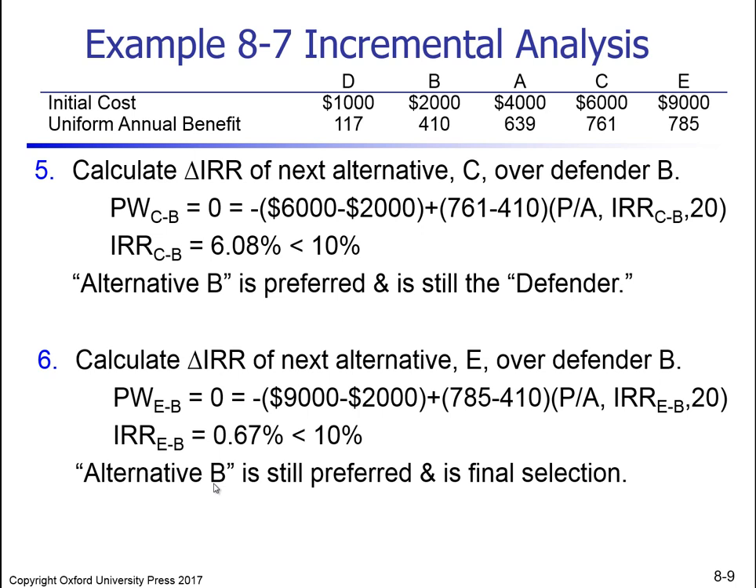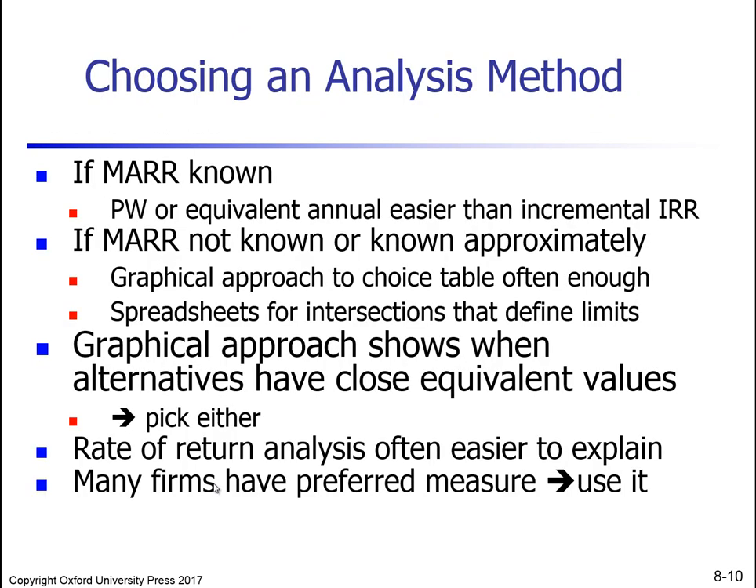In this case, incrementally looking at one relative to the other. This is what we determined using 10% as an MARR. One of your homework problems has a different MARR, but you can go through a very similar analysis procedure following through with that. So, to summarize Chapter 8, with the alternative analysis methods that we have talked about thus far,